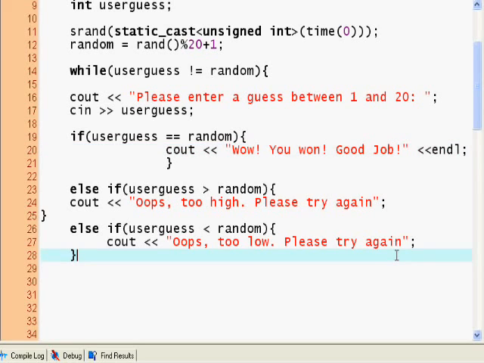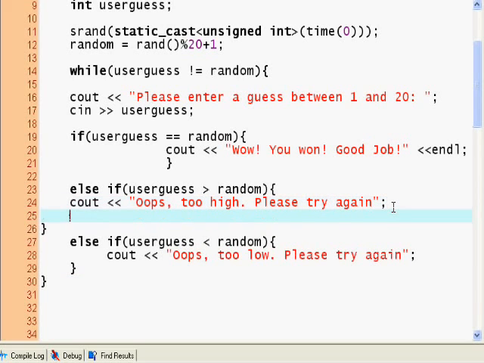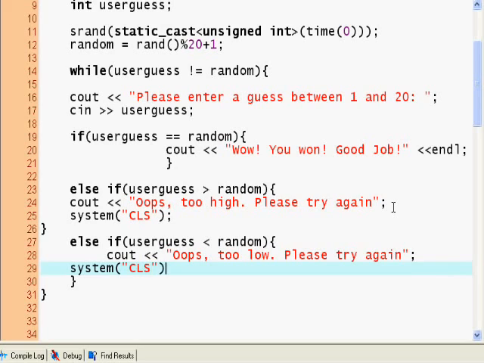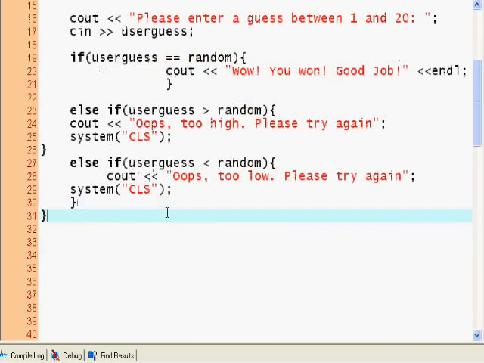So here I'm gonna close this while loop, and I'm gonna actually use a new system call, and it's a bad call, so stay away from using it too much, but in this case I'm going to, for the sake of simplicity, I guess. So system CLS pretty much clears the screen. It's a system call, so if you're running on Linux or Macintosh, it won't work. It's a Windows call. So basically this is our main game loop, and so when the user won,